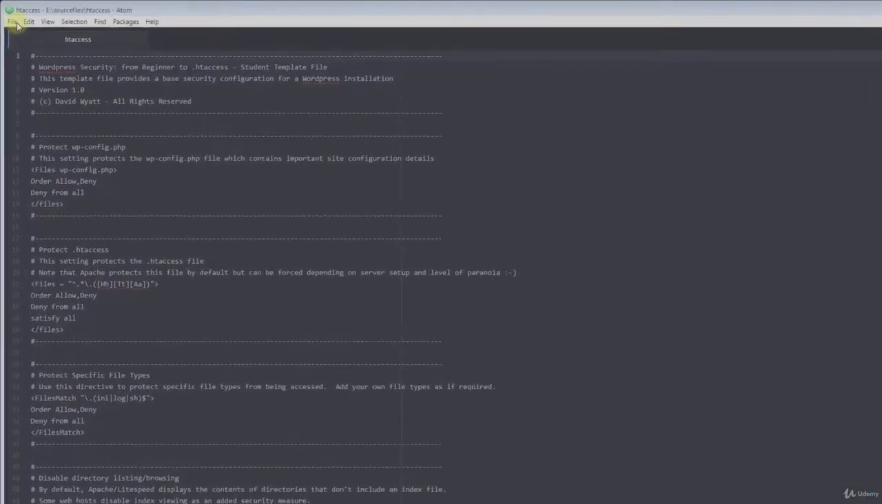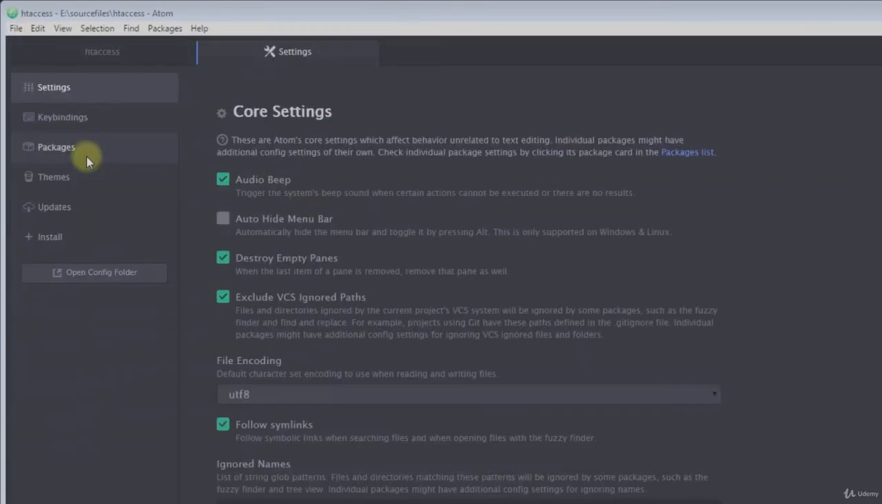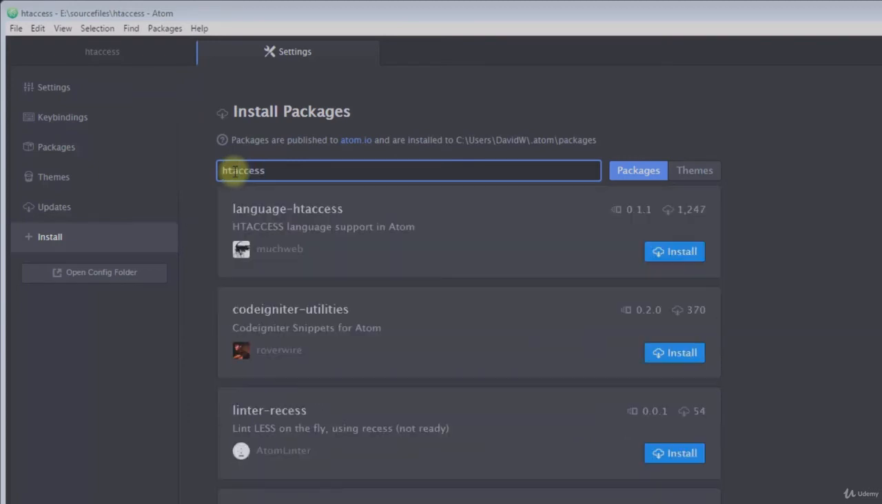If we go up to the File menu and click Settings, scroll down to the Install submenu, and in the search field just type htaccess, we'll see the first package returned is language-htaccess. If we just go to the Install button and click that,